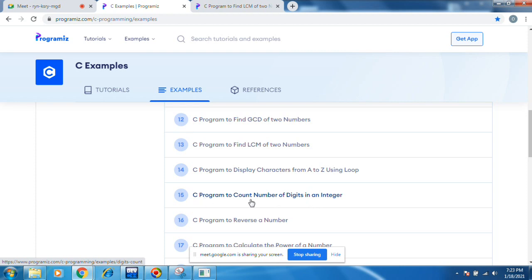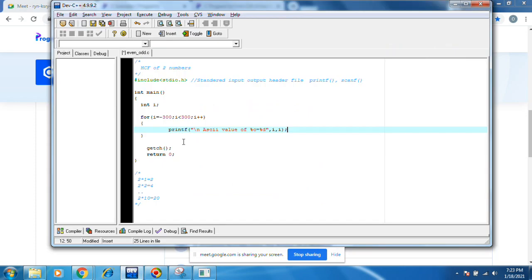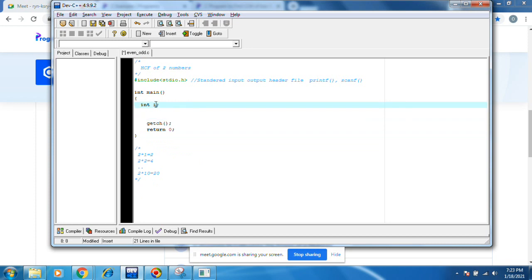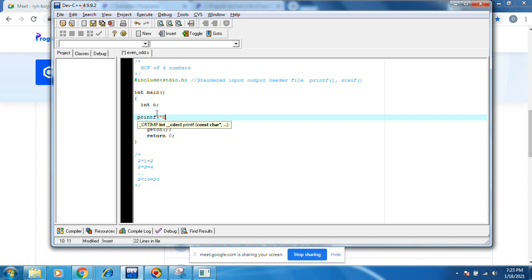C program to count the number of digits in an integer. Let's go. Enter n. Printf enter integer.